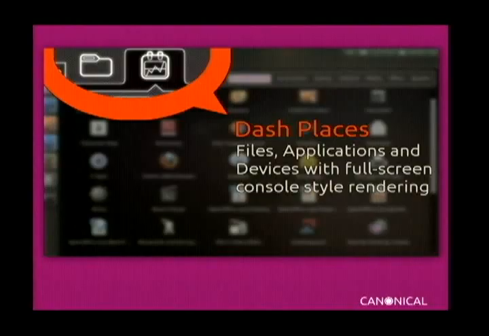And then this last piece, the dash and what we call places. This is again implemented in clutter. The architecture here is you have a complete separation between the thing that's doing the rendering of the interface and the daemons that are essentially producing data to be rendered. They talk to each other over dbus, and it's designed so that you can have multiple things going on at the same time,